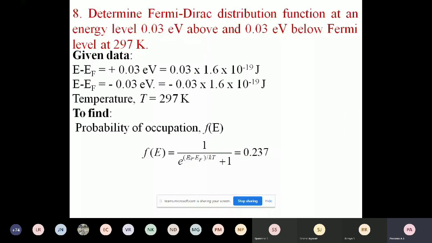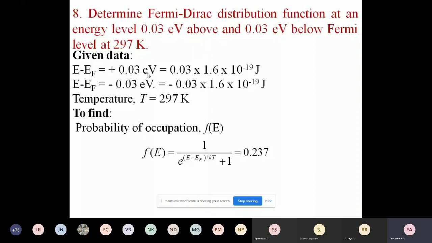E represents the energy corresponding to any energy level in a given system, but EF corresponds only to the Fermi level. K is the Boltzmann constant and T is the absolute temperature, which is given here. In the problem, it is given that 0.03 electron volt above means the difference E minus EF is positive. That means E is greater than EF. That's why you have to take E minus EF as plus 0.03 electron volt in one case,